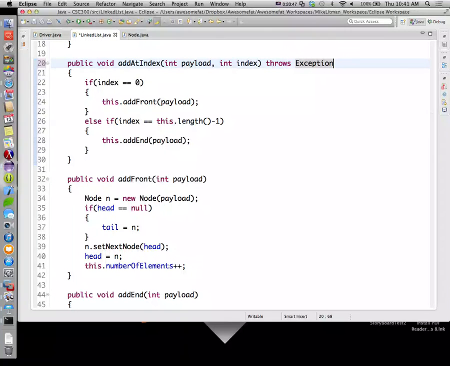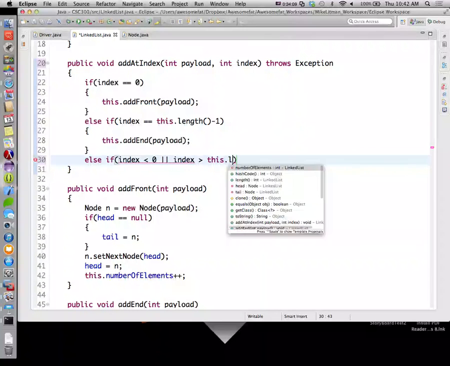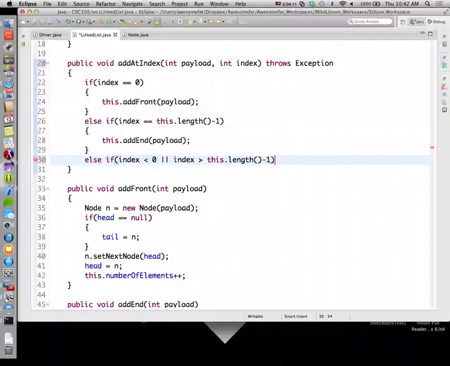So I'm going to advertise that something bad could happen inside this guy. If index is 0, add to the front. If index is the last index, add to the end. Else if index is less than 0 or index is greater than this dot length minus 1,